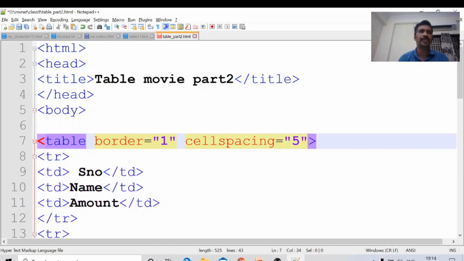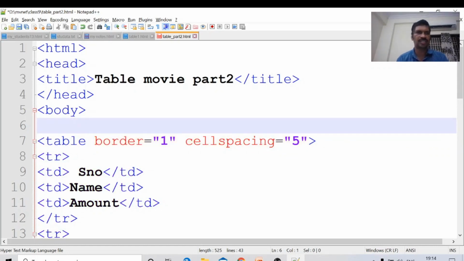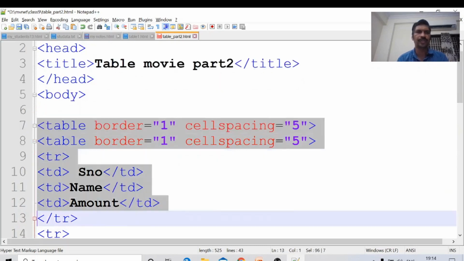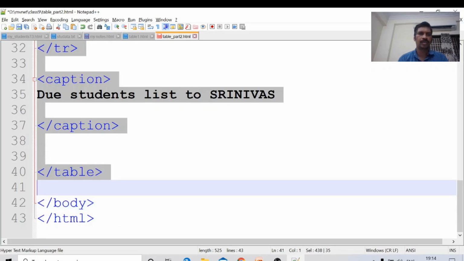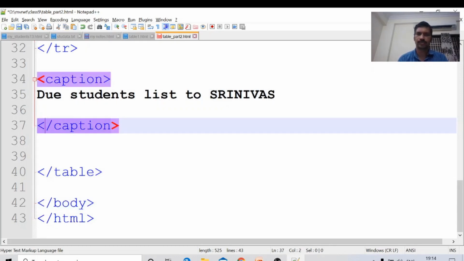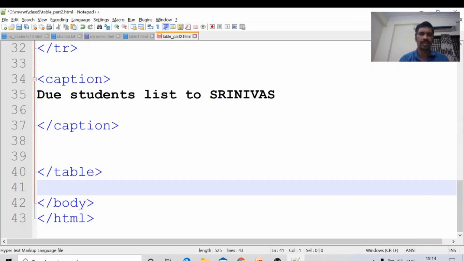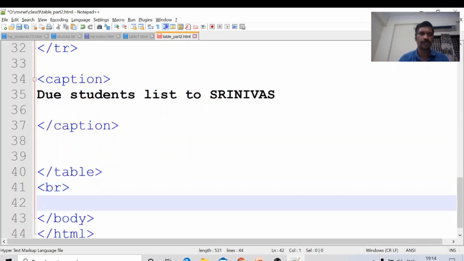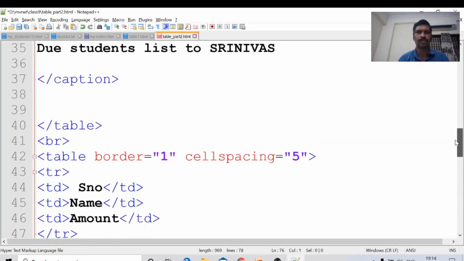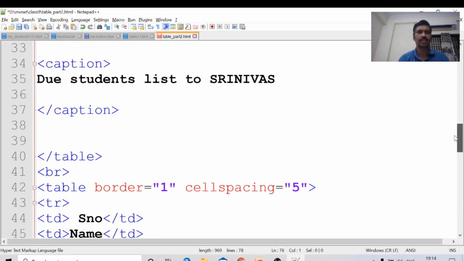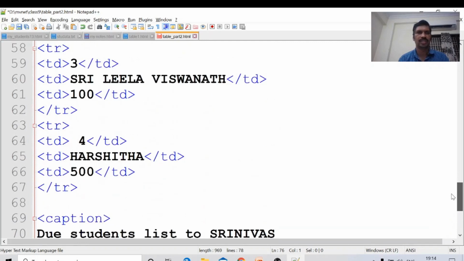The same table I will display in the same fashion, just copy and paste. Control C, here a break, Control V. This is the second table.